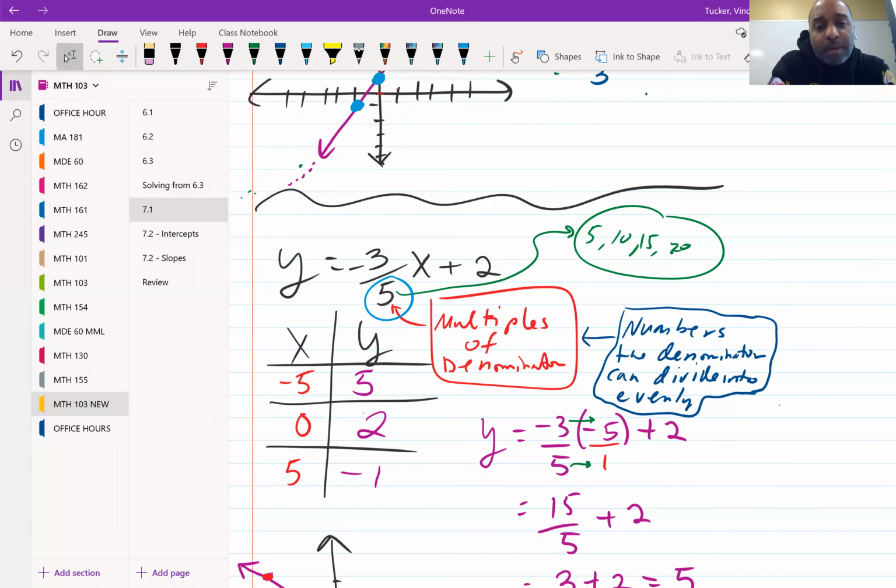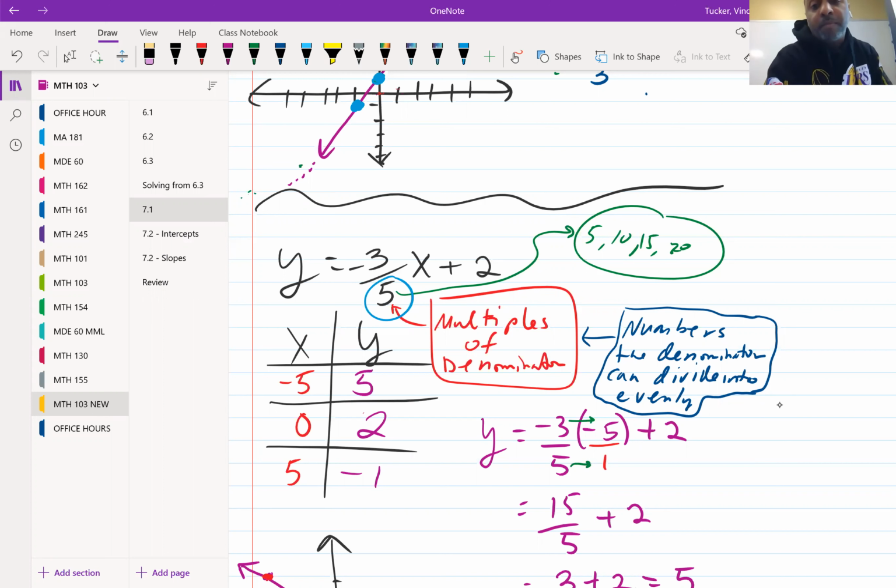And so if you look at your denominator, in this case, we have 5. If you choose X to be multiples of your denominator, or in other words, numbers that your denominator can divide into evenly, then you will be ensured that you won't have any fractions or decimals. So notice I chose -5, 0, and 5 because those are numbers that 5 can divide into, and I was holding true to my -1, 0, and 1. But you could have chosen 5, 10, 15, 20, -5, -10, -20. Anything that 5 can divide into are values that you can choose that will be okay for you to calculate